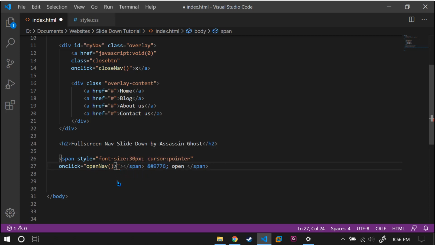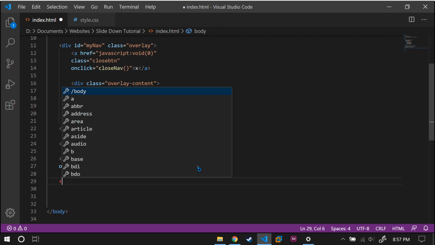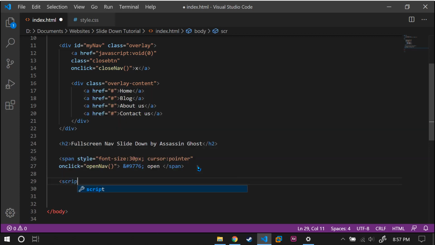Now let's go ahead and create the actual... there is this little mistake, because the span got right here, and that's why it was closing the body tag, and now this is the correct one. We have the span style, and now let's go ahead and define the actual JavaScript functions. Script